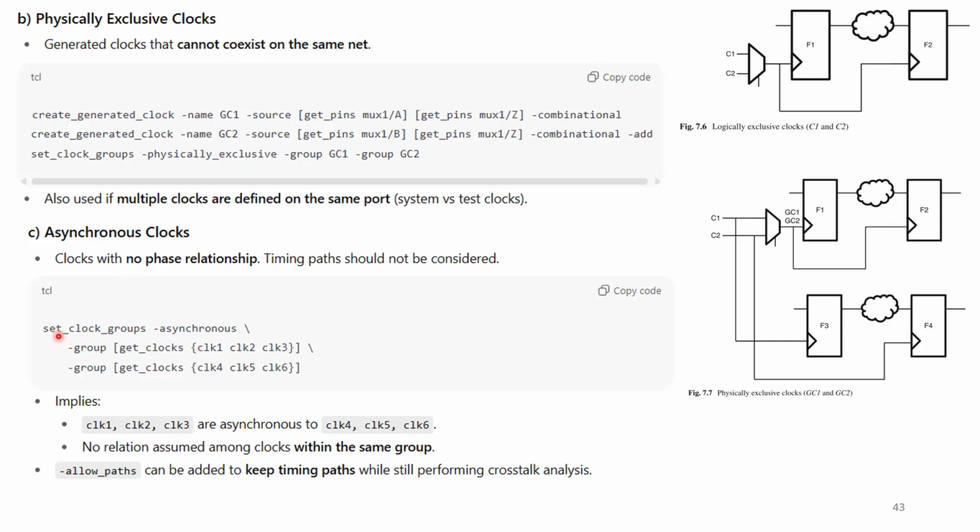Let's see this one. set_clock_groups hyphen asynchronous and hyphen group get_clocks CLK1, 2, 3 and hyphen group get_clocks CLK4, 5 and 6, meaning these are asynchronous. This implies clocks 1, 2 and 3 are asynchronous to 4, 5 and 6. No relationship is assumed among clocks within the same group. Hyphen allow_paths can be added to keep timing paths while still performing crosstalk analysis. So remember, this is one example where I am using hyphen asynchronous as a switch, meaning CLK123 and CLK456 are